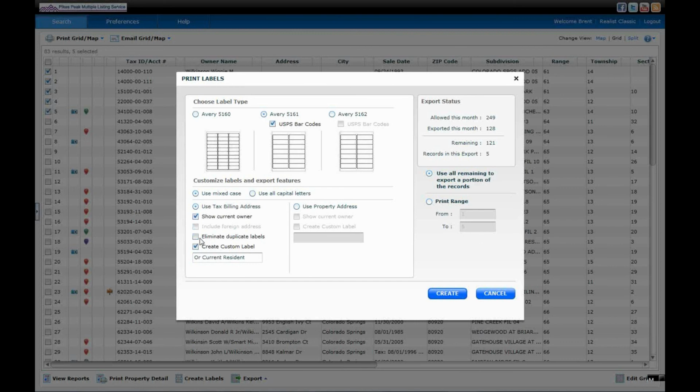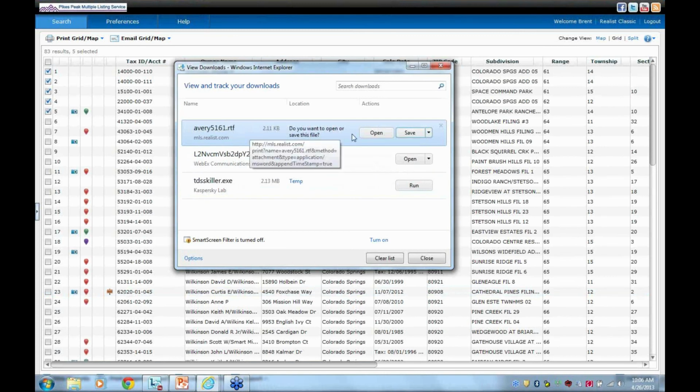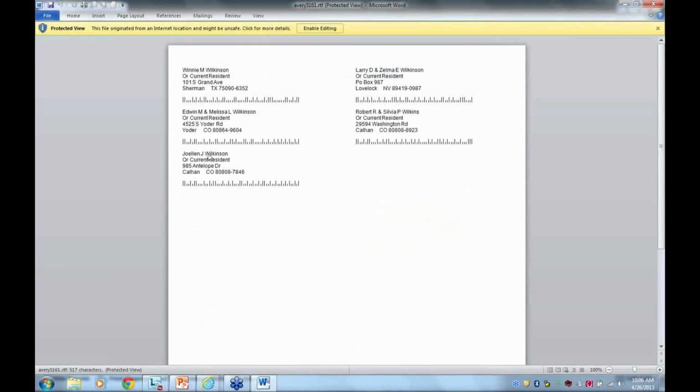Inevitably, if you're printing out a lot of labels, you might find someone that owns more than one property. So rather than print out 5 different labels for someone that owns 5 different properties, you might just want to print out one. Just check this box and we'll eliminate all the duplicates. Each of you will be allowed 5,000 exports per person per month. We'll do all the math for you, let you know how many you have remaining, how many you're about to do in this export, and when you do go to create those, they're going to open up in a .rtf file extension, so rich text format, which means they are going to be able to be opened by WordPerfect,